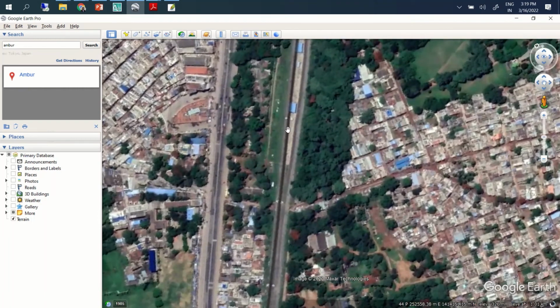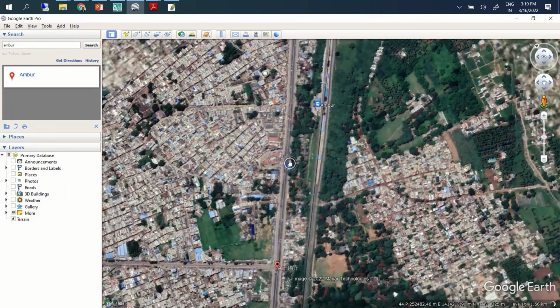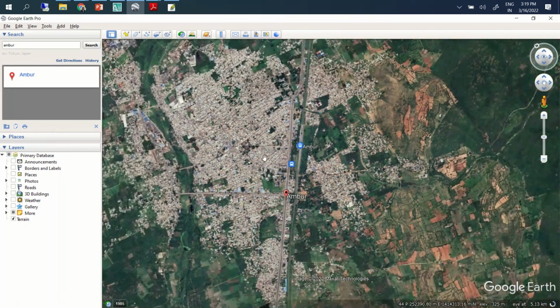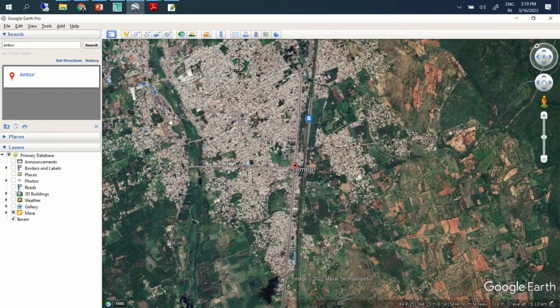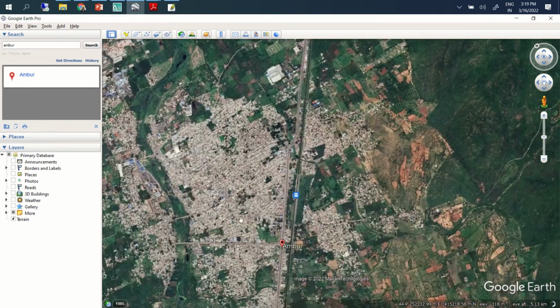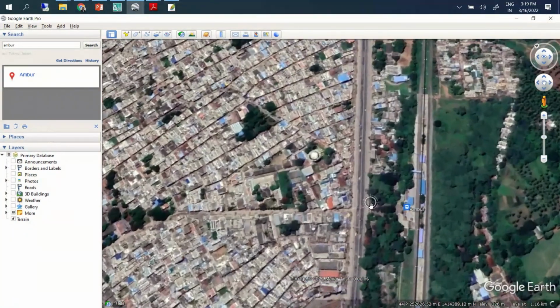This is the railway line and the NH, and we have the natural boundary on the west. Fine. So primarily part of this can be studied.